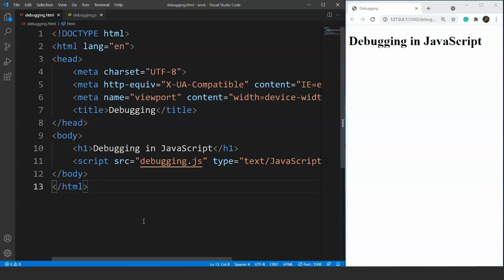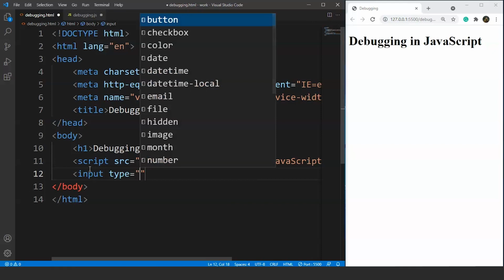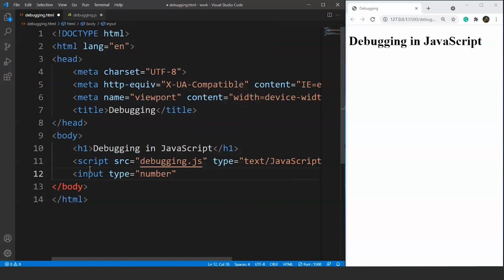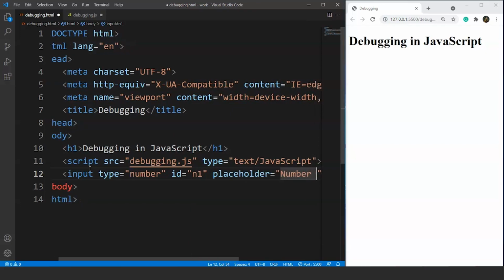And what we'll do today is we'll create a simple HTML program and we'll try to understand the concept of debugging in JavaScript with the help of that program. So let's do something here. Now we'll create two text boxes over here. So what we'll do is we'll take the user's input to add two values entered by the user in those text boxes. So we'll write here input type is equals to number, because we want to perform addition of two numbers, and then we'll write here id as, let's say the id for number 1 is n1, and then we'll write here placeholder right here, let's say number 1.